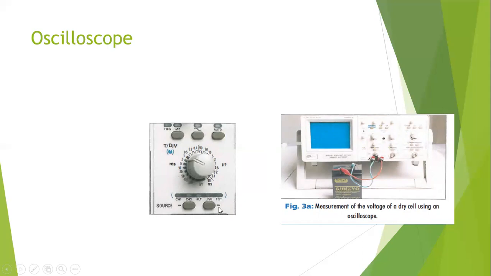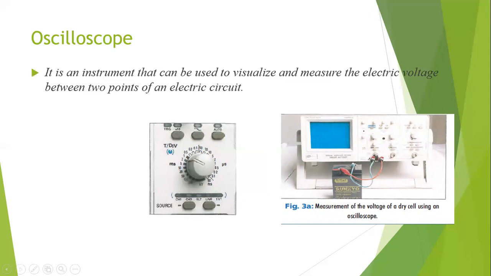We have the sources that we need and the lines and the type of voltages we need. So the oscilloscope is an instrument that can be used to visualize and measure the electric voltage between 2 points of an electric circuit. The choice of time